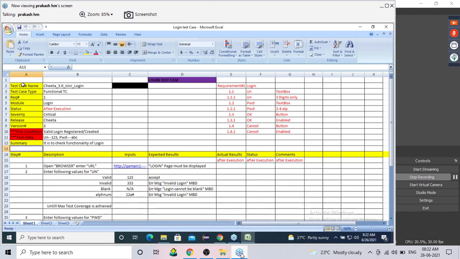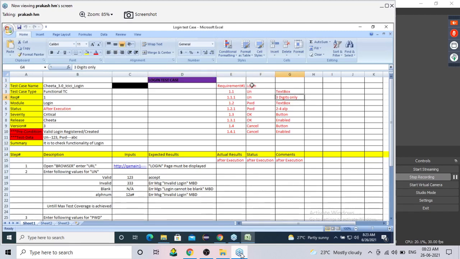Next, observe the right side, everyone look at the requirements. Requirement number 1 is login, where username should be a text box.